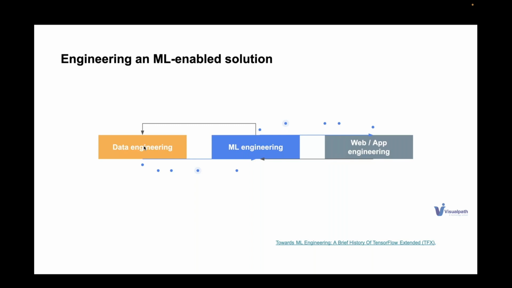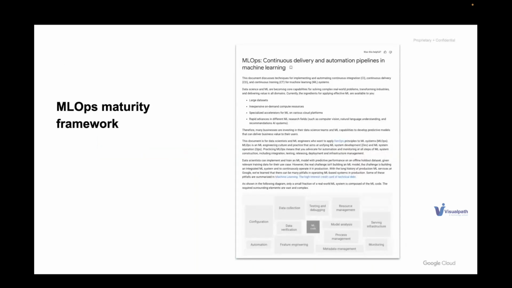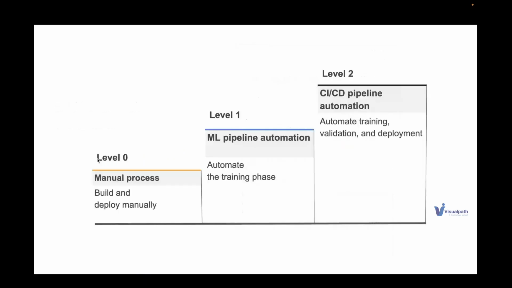Okay. So we'll look at the MLOps maturity. I think we saw that yesterday as well, but we'll look at it again today to recap. As I mentioned, level 0 is the manual process, where we build and deploy manually. We don't have any automation. The data scientists do things in notebooks. Then the IT team or the MLOps team comes in, takes the models, produces the artifacts, and deploys them manually. So every time, for example, if there are hundreds of models, we'll do it hundreds of times. The process is repeated, and there is a high amount of lead time.